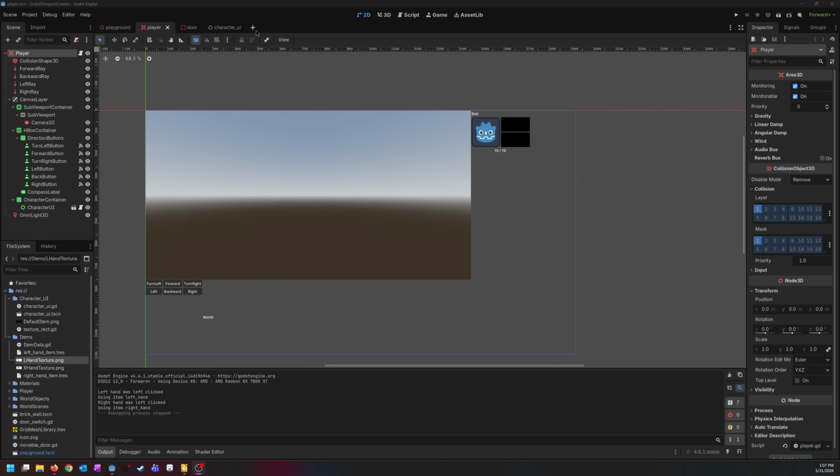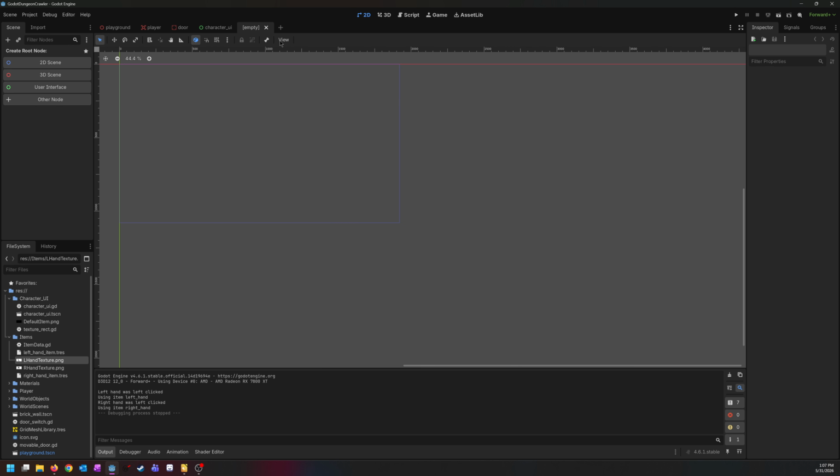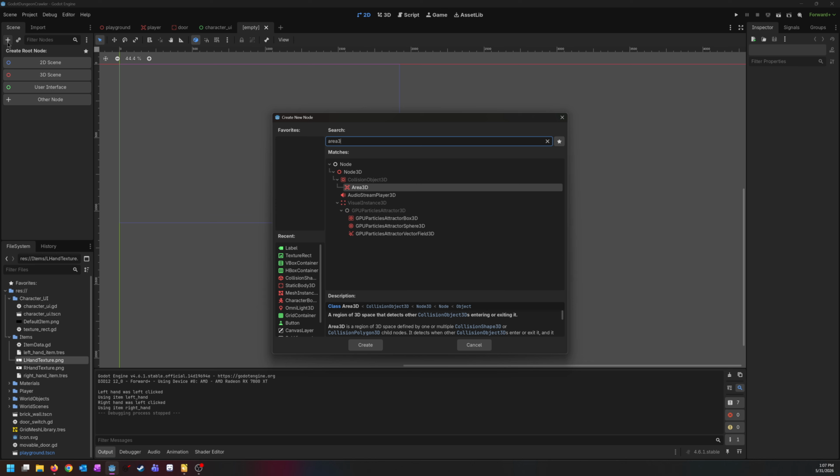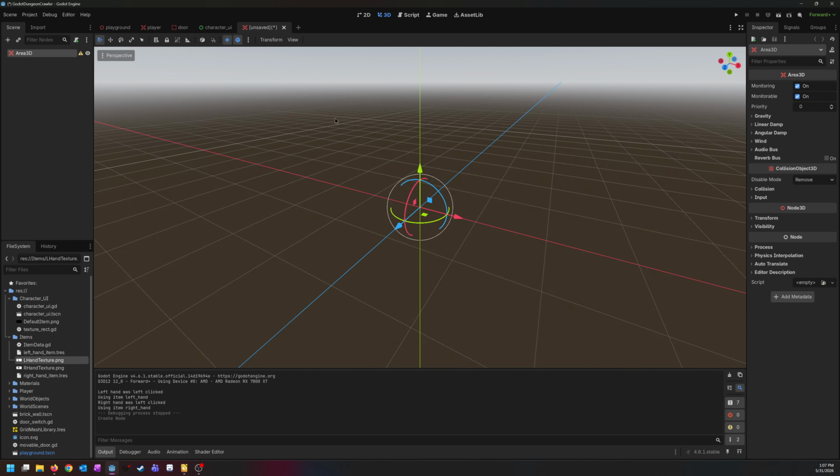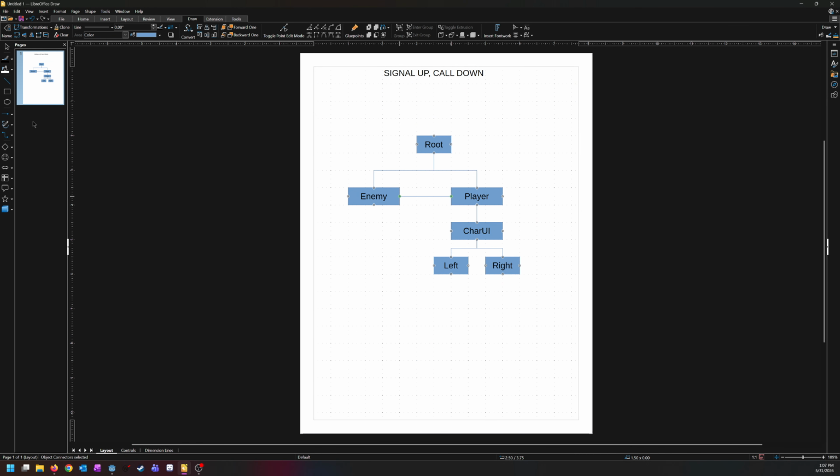So the first thing we need is an enemy. So I'm just going to make this an Area3D, because again, we're not really using the movement physics of a character body. So I'm just going to say this is the enemy base. And I'm actually going to take the underscore out because we're doing camel case. Okay, so the other thing we're going to do,